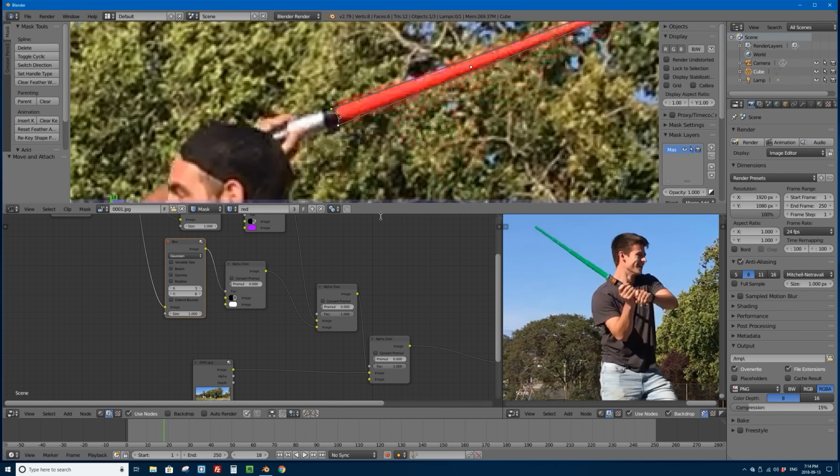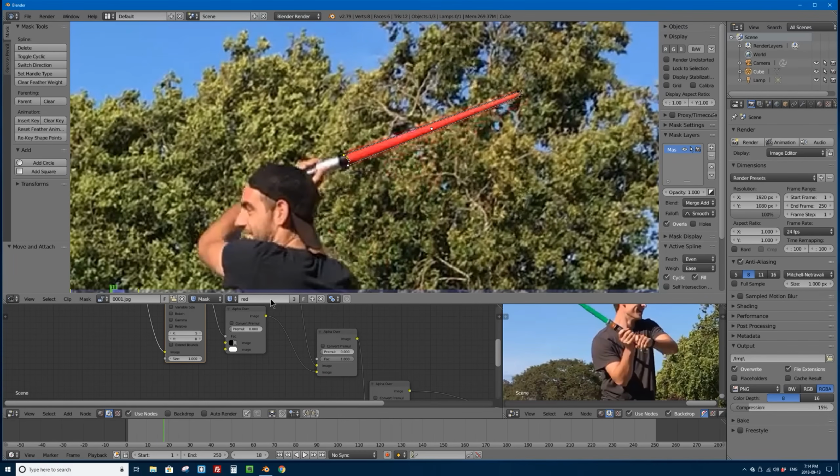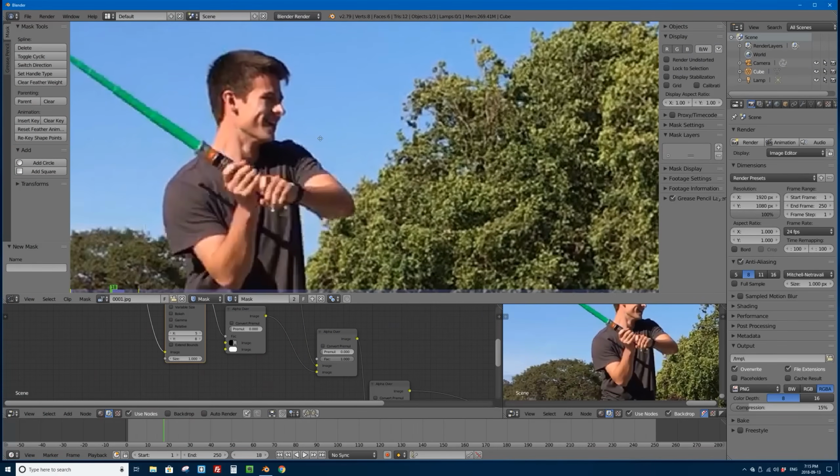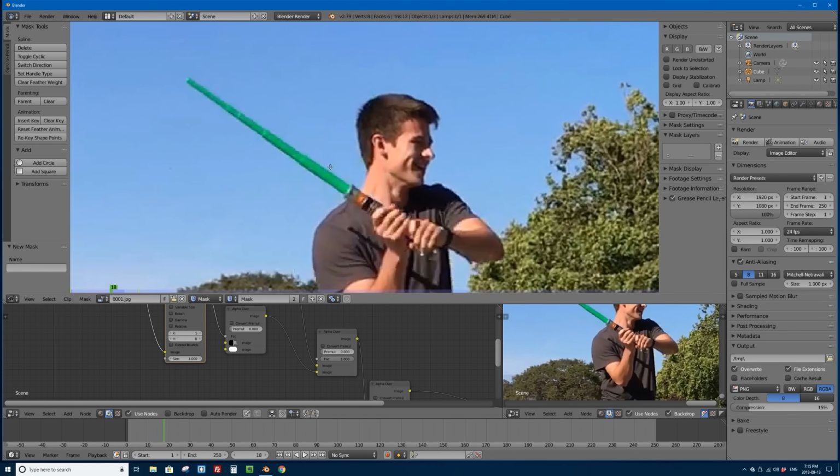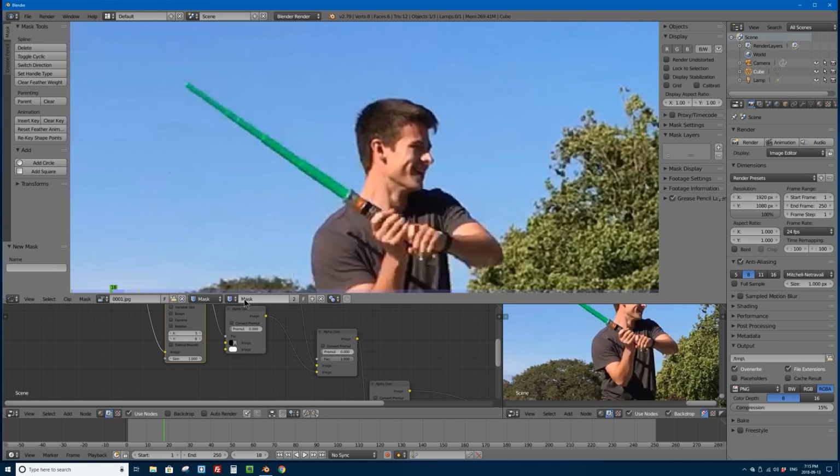So I'm going to go back to my movie clip editor window, and we have this red mask. I'm going to press this plus to make a new mask, and then I'll pan over. I'm still in the same frame 18, by the way. That will not move until we start animating. And so over here, with a new mask created with that little plus button, I'm going to call this mask green, because it's the green lightsaber, and I'll hold Control on my keyboard, and I'll left click once, twice, 3 times, and hold Control still, and 4 times, and again mask toggle cyclic to make it a closed